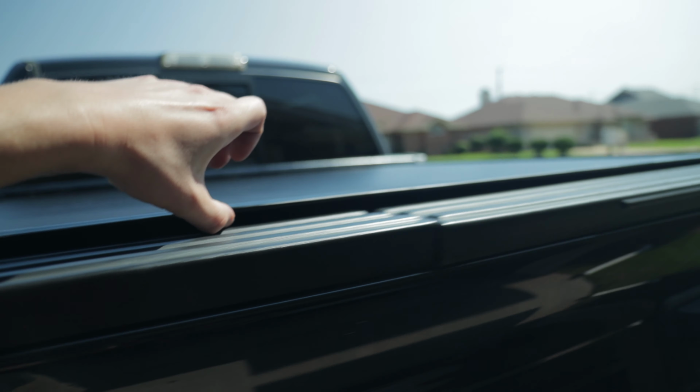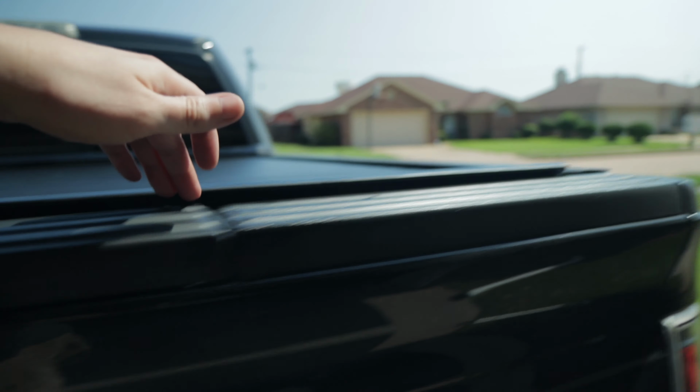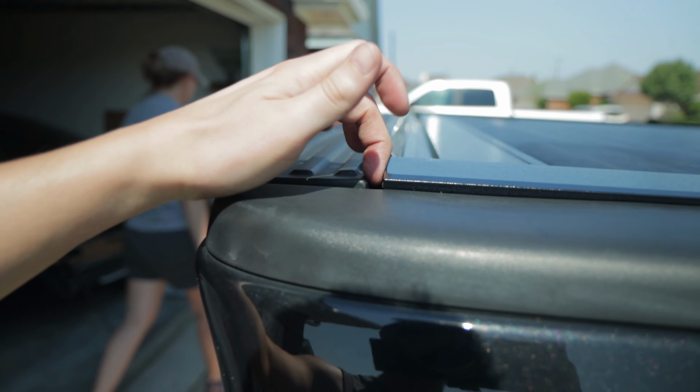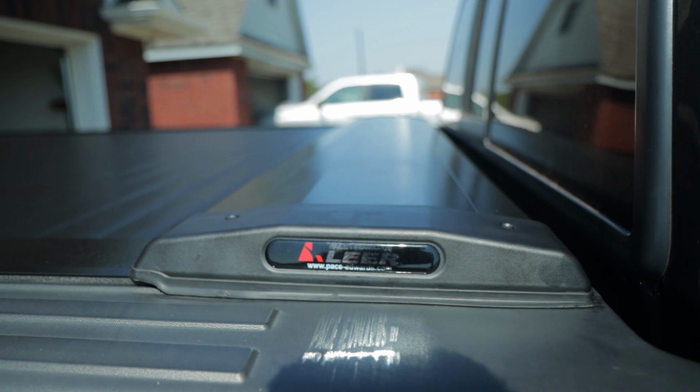Here it's nice and tight. It pops the seal up a little bit, but it's still sealing. There really isn't anything to prevent water from coming in right here. And then of course we put the front piece